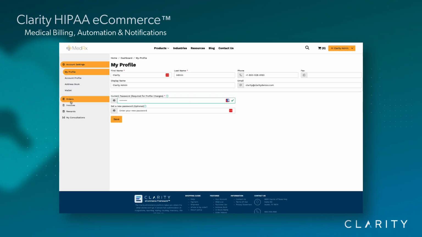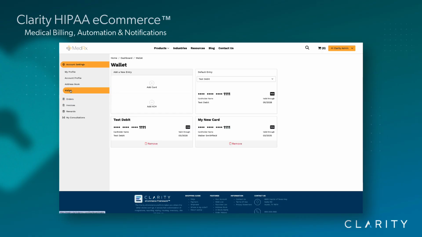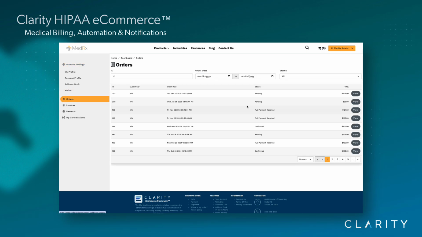In my dashboard, I can see all of my orders. Before that, one of the things I can do is pre-add my credit card or my ACH in a PCI compliant wallet. PCI compliance is protected credit information, or personal credit information. It means that we don't store the entire credit card. We only store the last 4 digits and the expiration, and that's it. So even if there was a breach and a disgruntled employee took the database, you're compliant, they can't charge the cards.